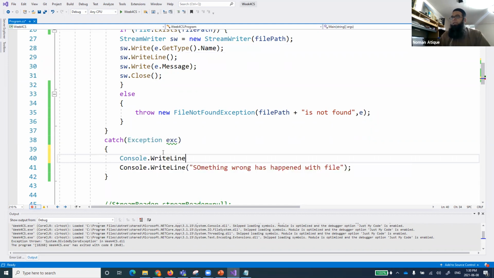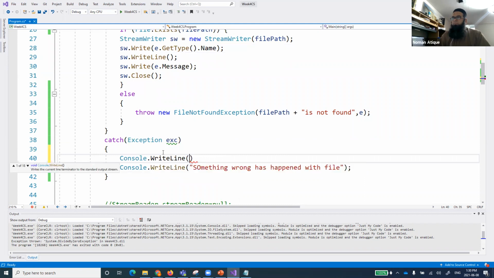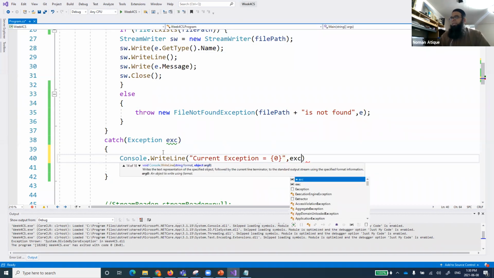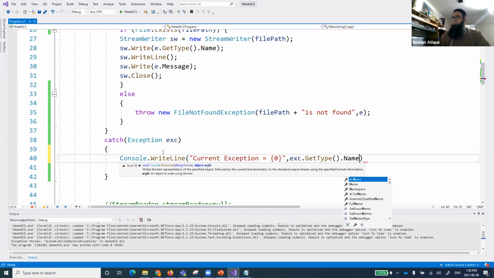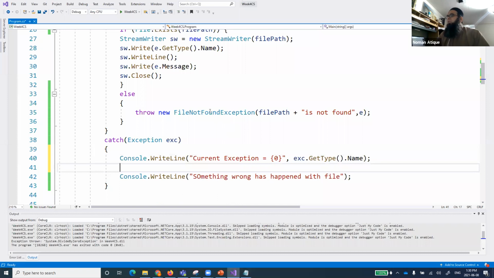Console.WriteLine, and we'll say current exception equal to 0. We are taking this first exception at 0, right? And we say exe.GetType and .Name. So we are taking the current exception. What current exception has happened? The current exception is the file not found exception, right?